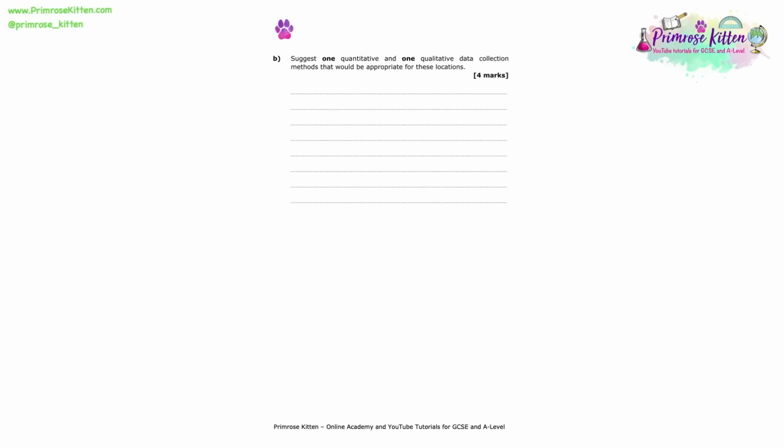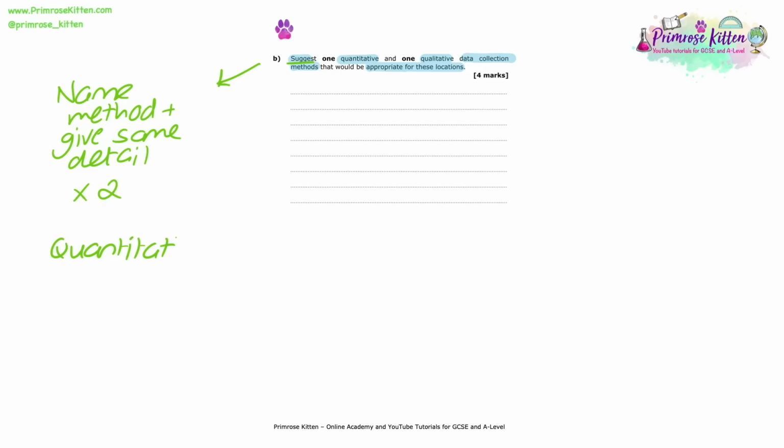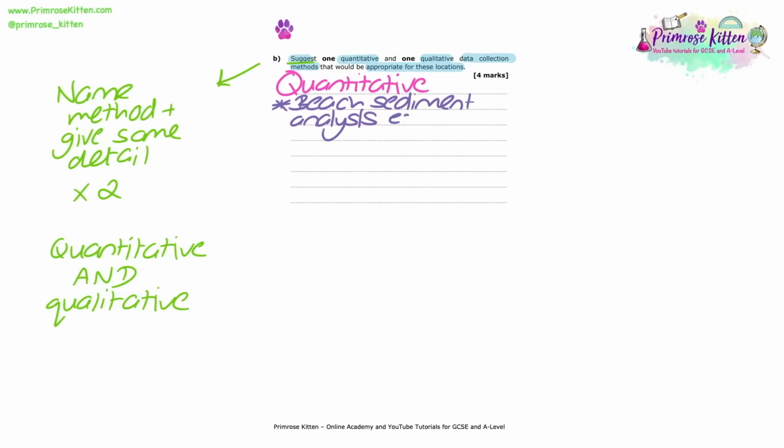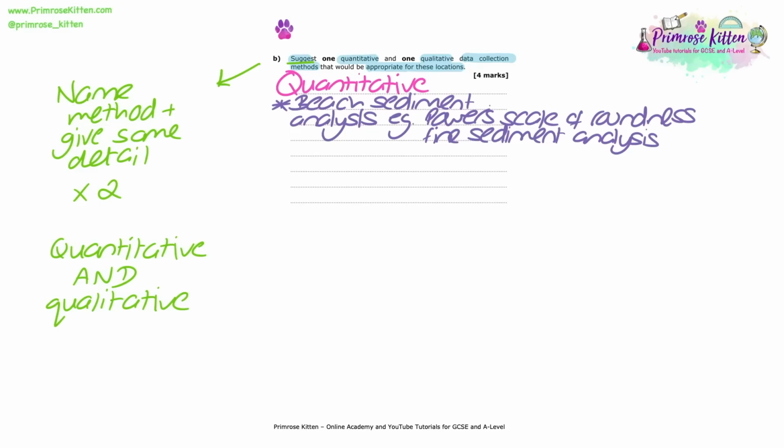Part B. Suggest one quantitative and one qualitative data collection method that would be appropriate for these locations, for 4 marks. This question requires you to first of all identify a method and then provide supporting detail. It is important that you ensure your answer includes one quantitative and one qualitative method. Possible quantitative methods might include beach sediment analysis, for example, the Powers scale of roundness and fine sediment analysis. Or it might be beach profiling,